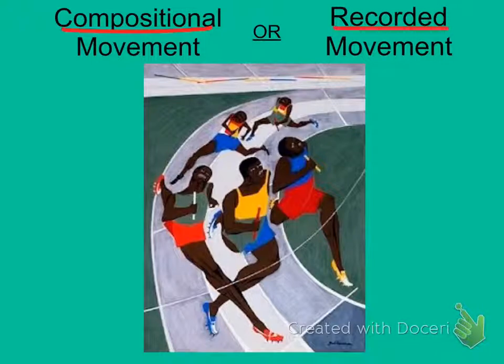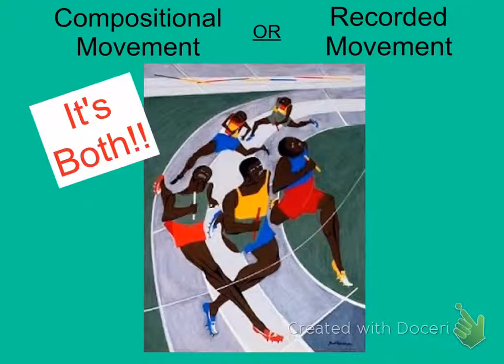Do you think this artwork has compositional movement or recorded movement? You're right, it has both kinds of movement. The guys running on the track represent the recorded movement. The compositional movement, or the direction that our